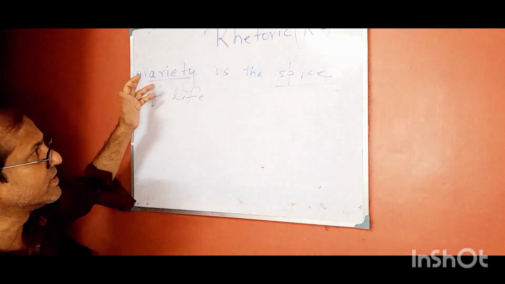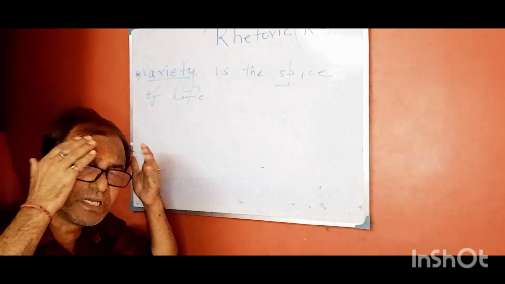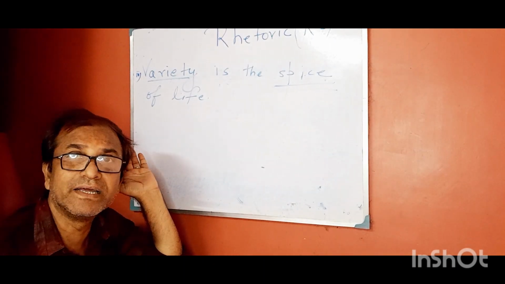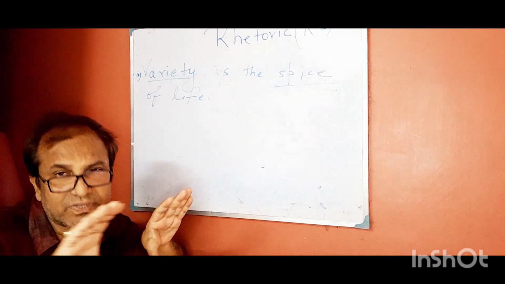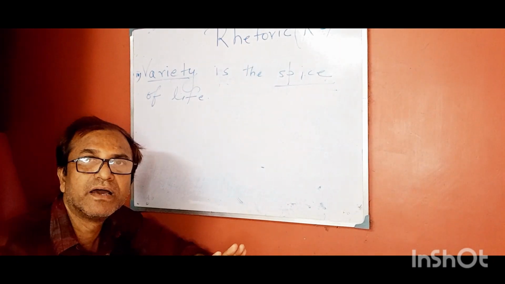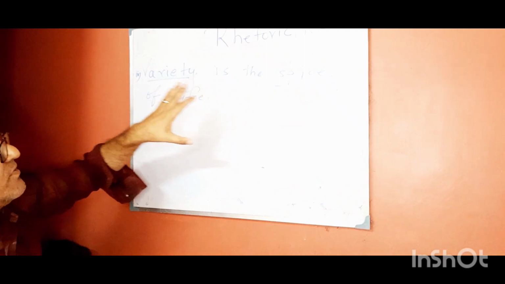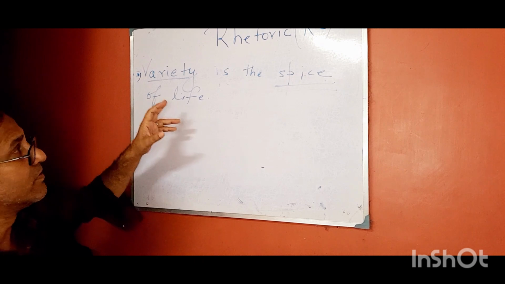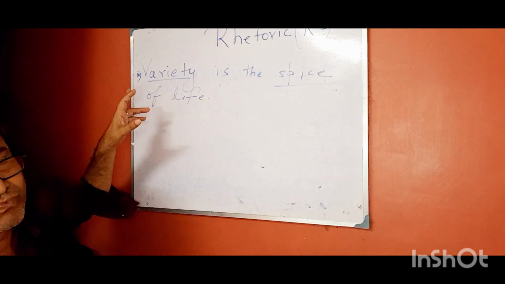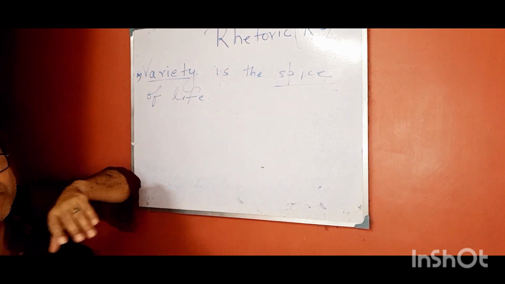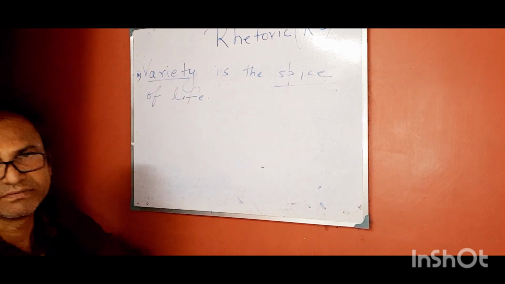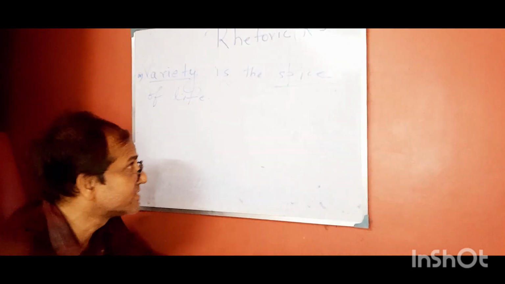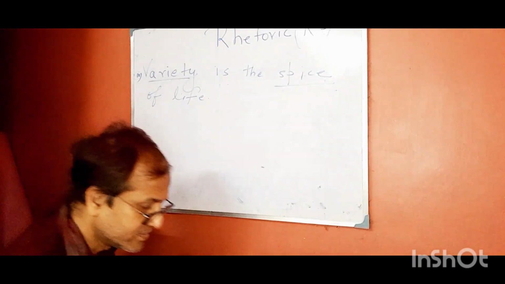If you know the meaning, if you know the sense of the words, you can identify easily. Is that clear? So try to find out the meaning of the line, grasp the meaning of the line. Unless you grasp the meaning of the line, it is not possible to find out by yourself what the line contains, which sort of figures of speech are there in the line. Am I right or not? Okay, decide it. So you can write it this way.